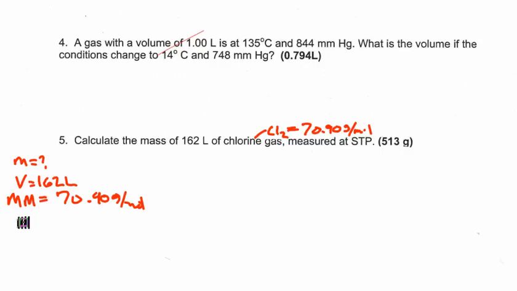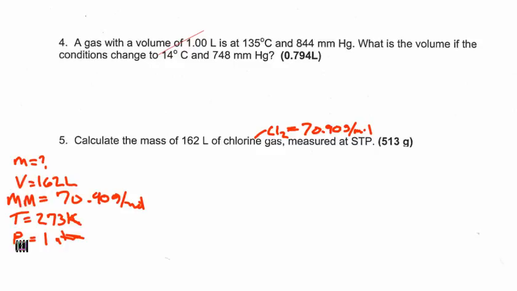Measured at STP, so that's standard temperature and pressure. So our temperature is going to be 273 Kelvin. And our pressure is 1 atmosphere. I don't know why this is doing this. Pen's getting all crazy on me. But anyway,